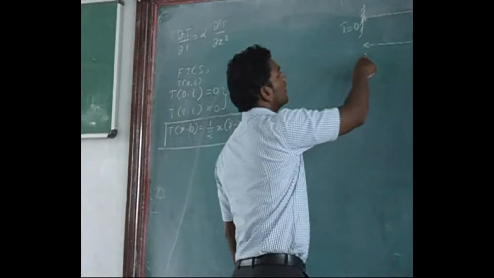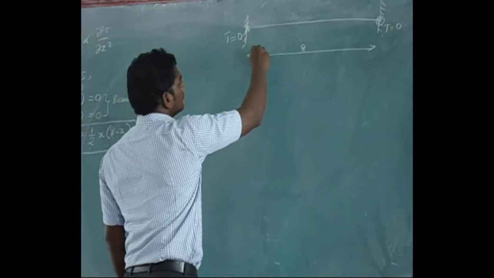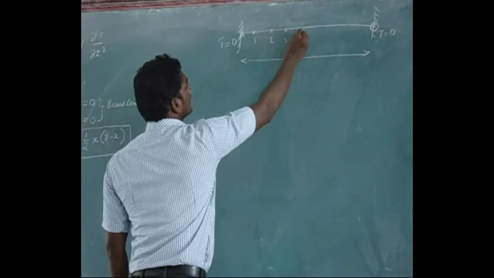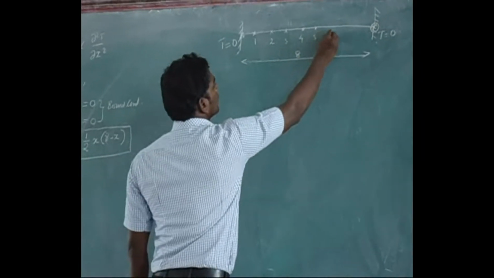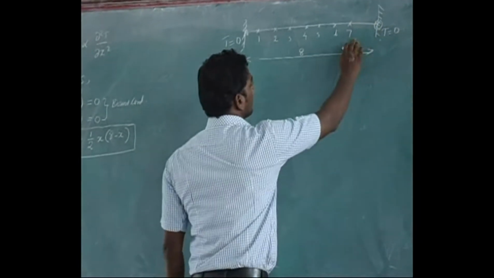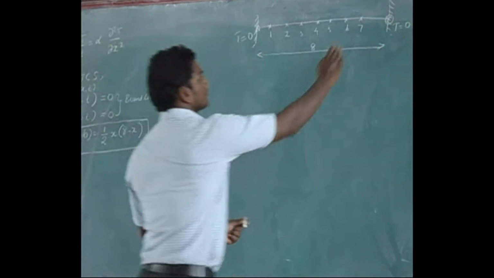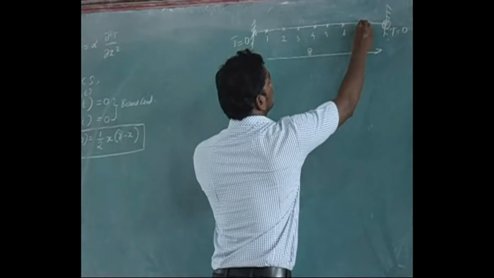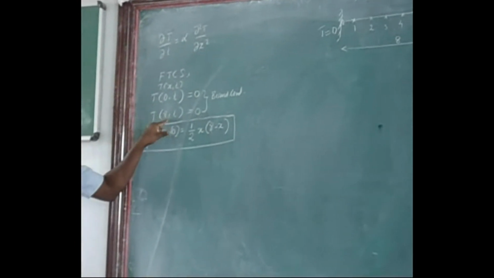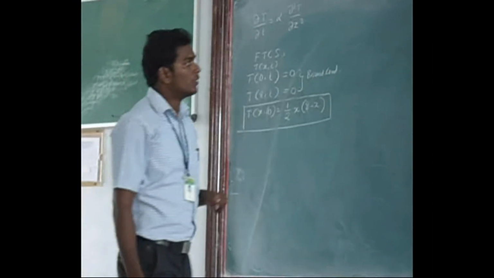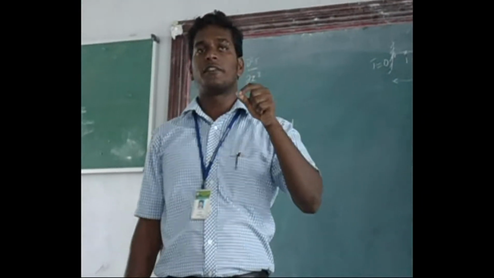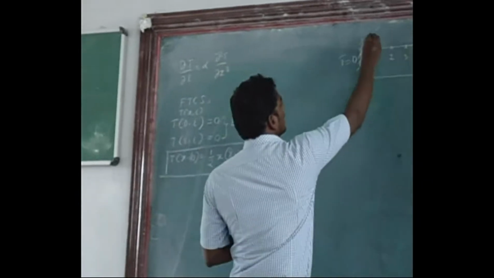So I can split this up as node 1, 2, 3, 4, 5, 6, 7, and 8. This is 7, because at the 8th location the temperature is 0 from our boundary condition, 8 comma t, and the edge of the boundary is 0. Now, what I am interested in is to calculate the temperature at each grid point. We have split it into 8 grid points. So del x is